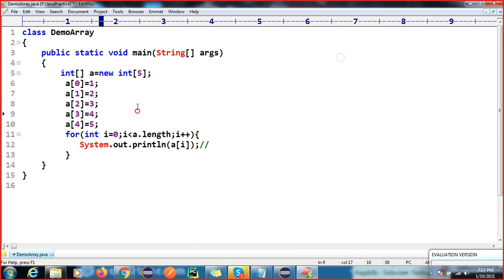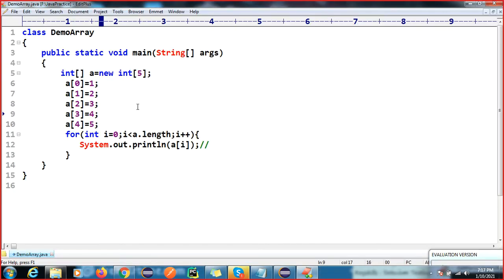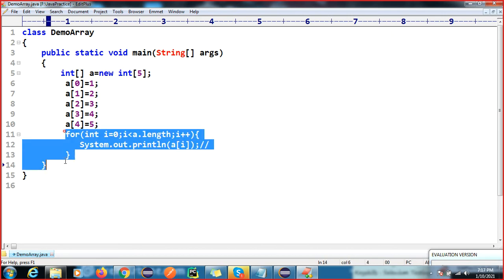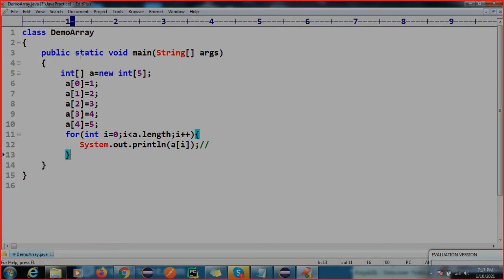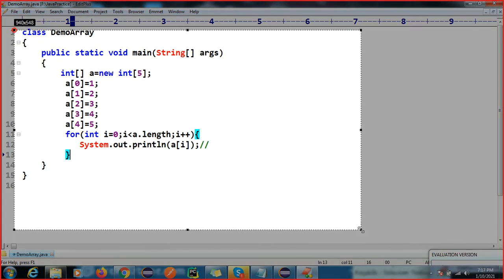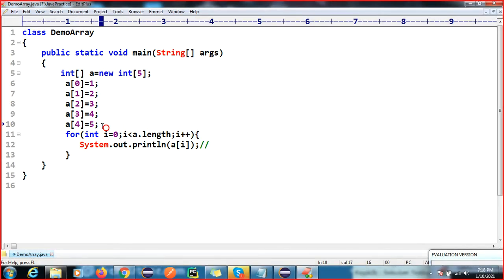See, if I compile this code, it is able to compile, and if I run it, it is able to display this value, okay? But we have to understand, right? So first we have to understand the for loop. Why do we use this for loop? Because we have multiple values, and if you want to display only one value, then again you have to write it like that.